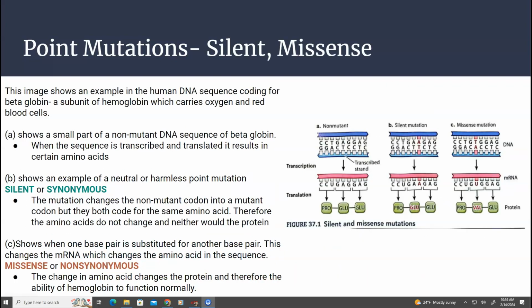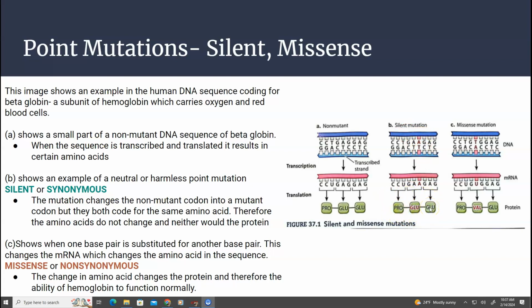On this slide, we can see a DNA sequence coding for beta globin, which is a subunit of hemoglobin that carries oxygen in red blood cells. So here we could see a non-mutant form. So we would see that the translation would be a proline, a glutamine, and a glutamine. A silent mutation occurs when we could see A with T, and we could see that changed to an A. So a GAA would still code for a glutamine. So even though there was a mutation here, it still coded for the same amino acid. So we would call that a silent mutation because the mutation happened, but it didn't cause an effect on our